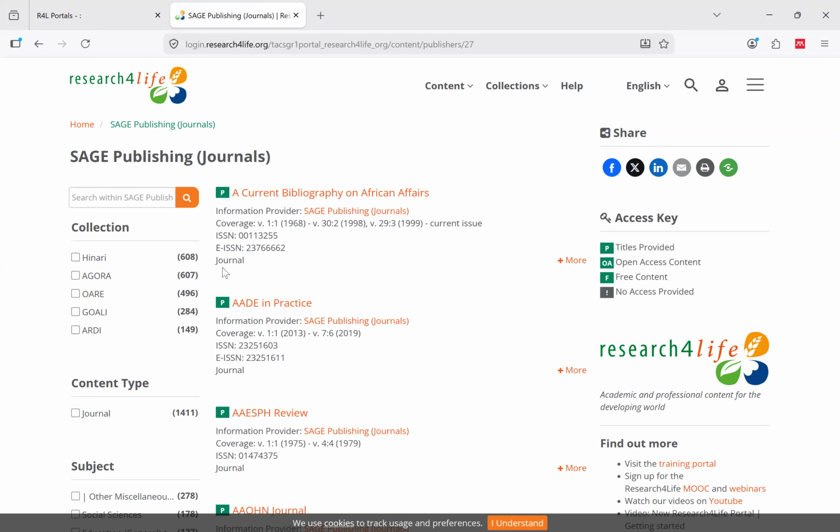For someone from technology or doing ICT or legal practice, what is the relevance of these journals listed here? Because I don't even know the content in there. So what do you do in this case? Just identify any journal, as long as it has P and it is green. Click on the title. Don't worry about the content.